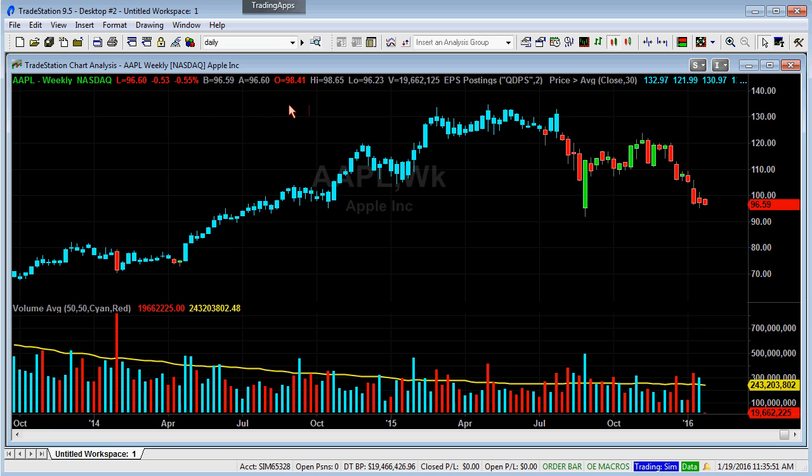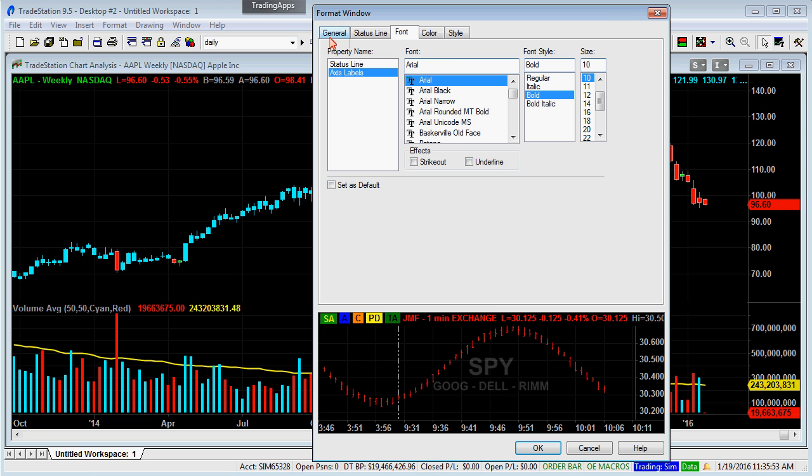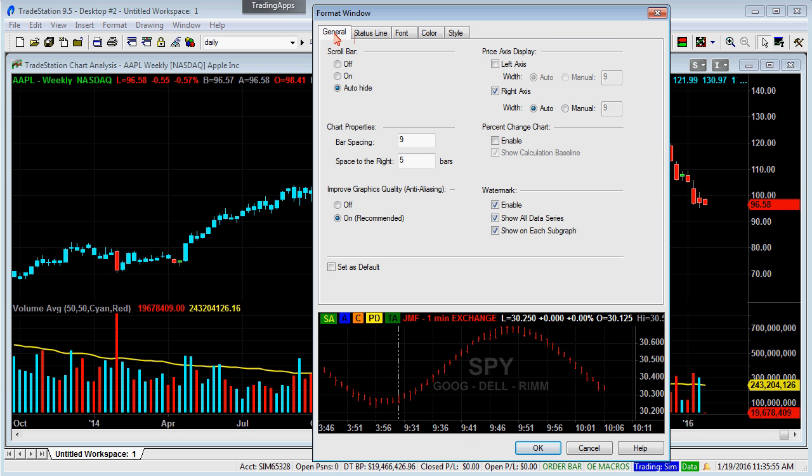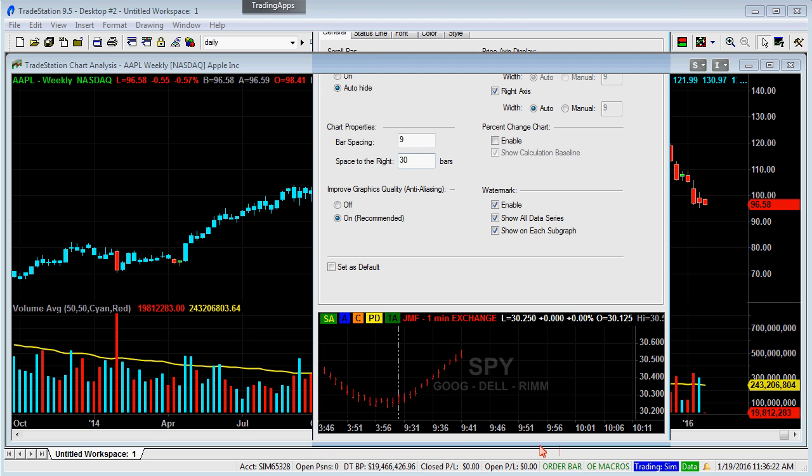I'm going to double click on the background of this chart to go to Format Window, and in the General tab, I find a box for space to the right. The default is only 5 bars. So if you have an indicator like the Ichimoku cloud that is going to use 26 bars into the future, then we need to come here and make sure that we have at least 26 bars. You can say, well, give me 30 just to be safe. That's fine. 30 bars into the future, and we're talking about space to the right so that the indicator can draw. When I click OK,